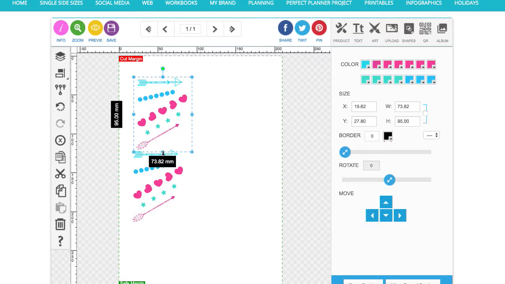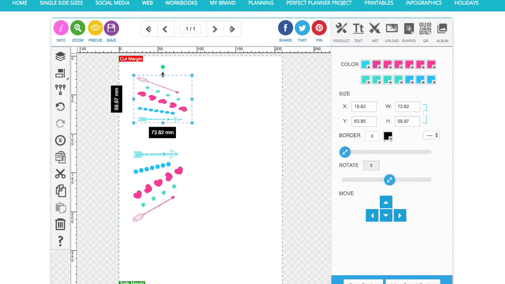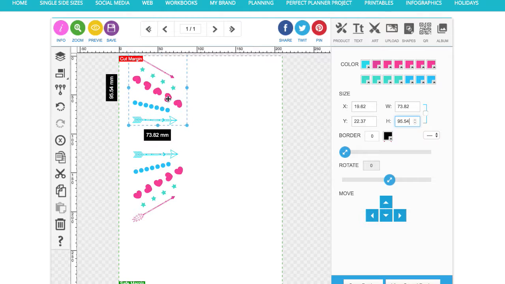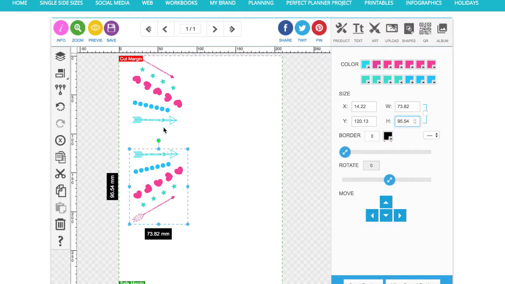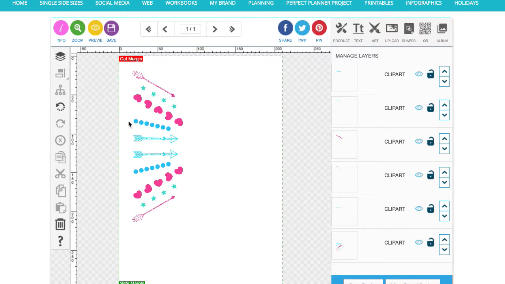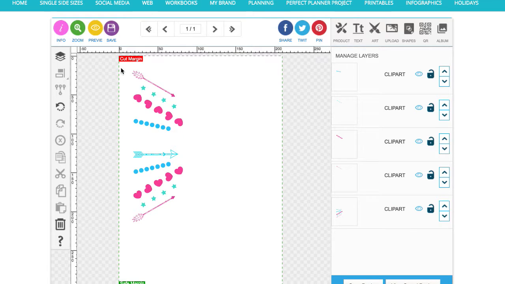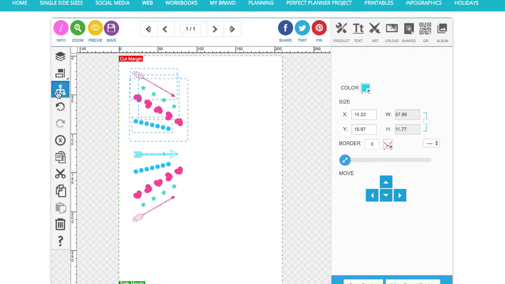If you just grab this handle and pull it up, so you're pulling it through the design up to the top, and then you type in that number, 95.54, enter. So that's the same as that. Okay, and now if I ungroup that and remove that arrow because we don't need two of them, then hit group,